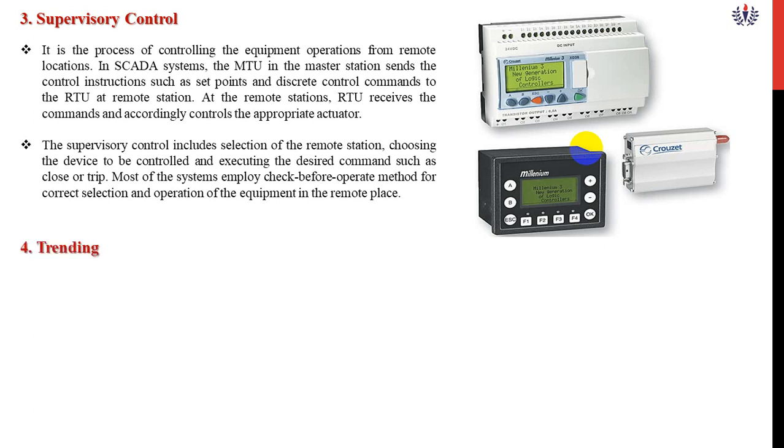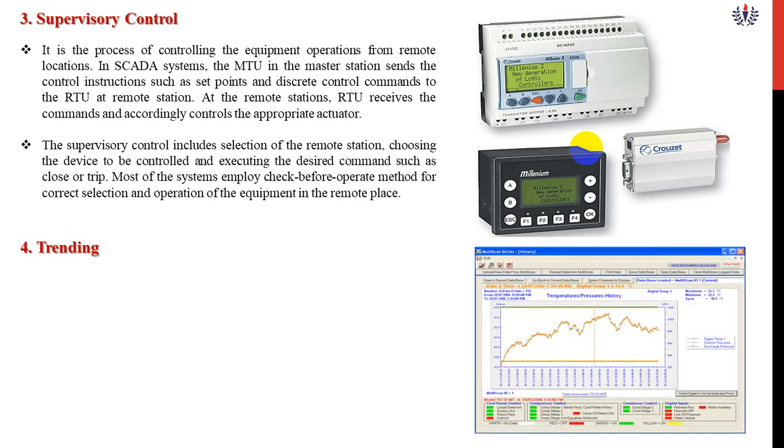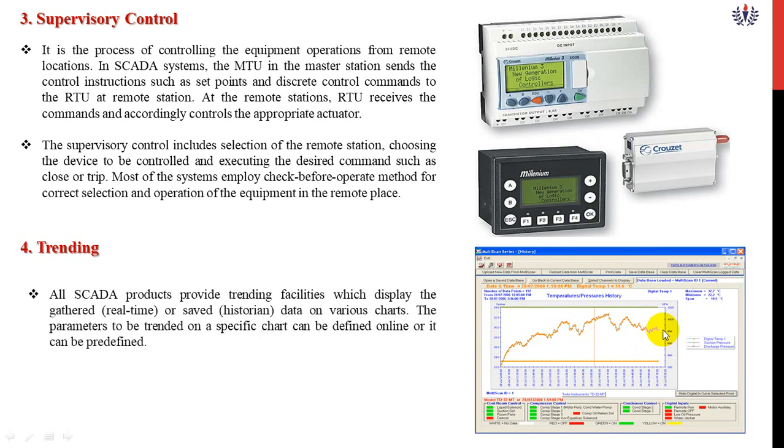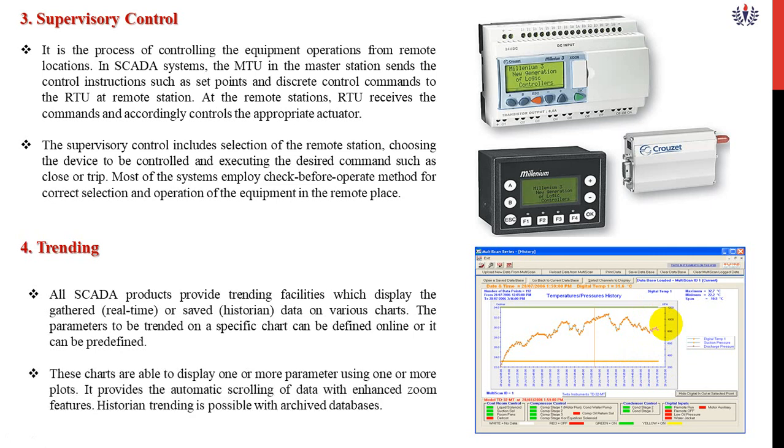Then trending. Once you get the information through supervisory, we have to plot the data in a digital, graphical form, in terms of a spectrum. This is nothing but a graph which should be displayed. Based upon the graph, we can analyze the data, for each and every second. That is nothing but trending. Trending means to verify or analyze the data in a historical manner, in historical graphs with various charts. That is nothing but trending. Do you understand?